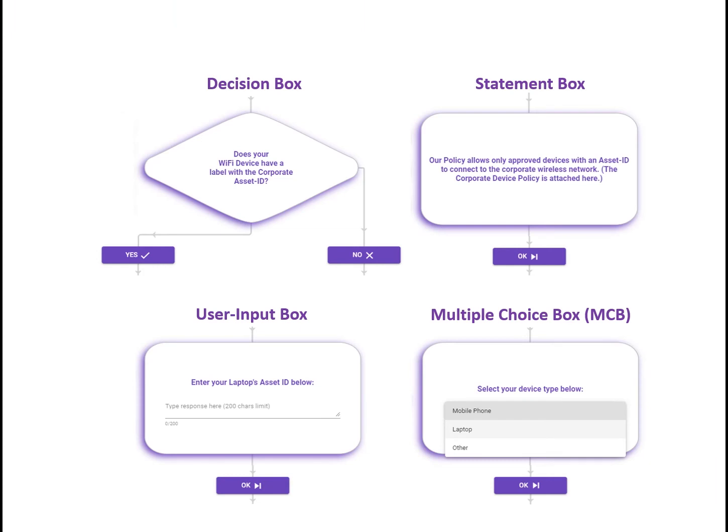In Decizone, a flowchart is a logical structure put together by its author by assembling different types of logical nodes like statements, decisions, multiple choices, etc. Throughout this video, I'm going to refer to all of these different types of logical nodes collectively as boxes to keep it simple. Each type of box selected by the author takes a step in the forward direction and may also carry out an action depending on the box type.